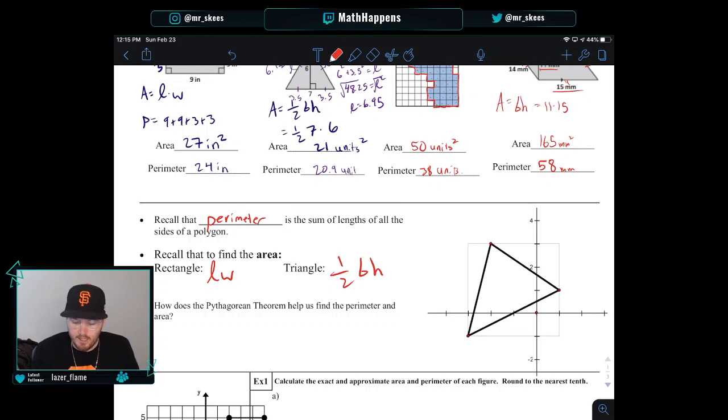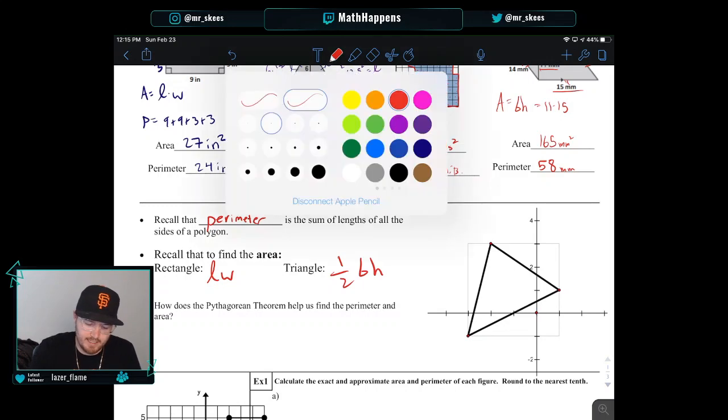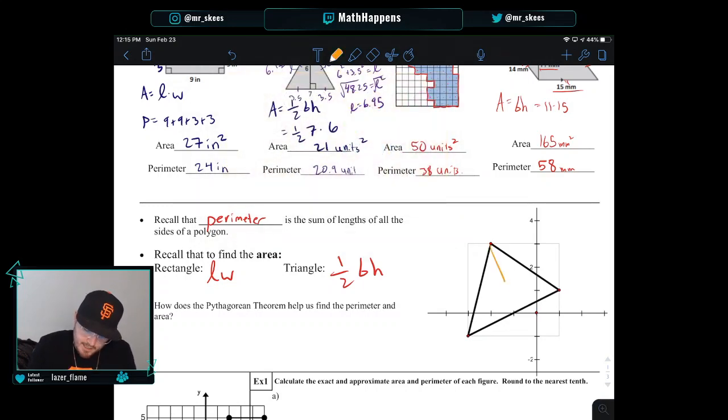this shape right here? This triangle, right? It's a triangle, and you might be saying, well, isn't that 1/2 base times height? Yeah, but how long is the base? What is the height, right? I mean, I can draw in the height, but I don't know how long that is. I don't know what the height is. So